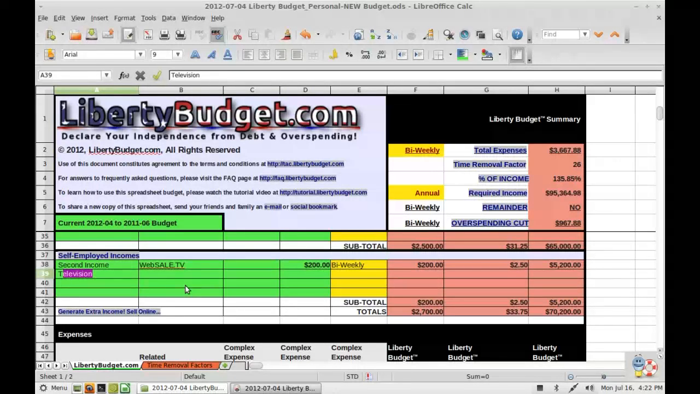Third income, power wash driveways. Go around to your neighbors, and I don't know, mow lawns or something. So you can go here. Let's say someone wants to pay you $20 every